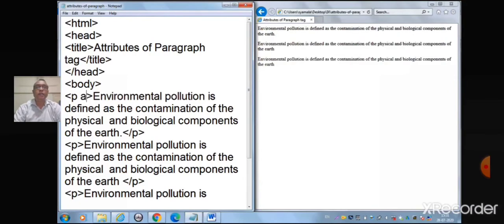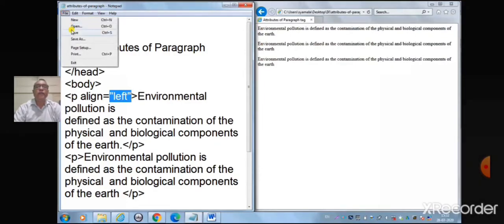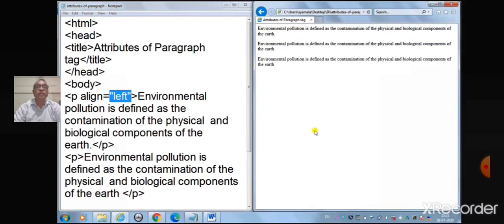P space align is equal to, in the double quotes, you will be writing left. Here, align is the name of the attribute and left is the value of the attribute. Save the file and refresh it on the browser. There are no changes in the browser because by default paragraphs are left aligned.